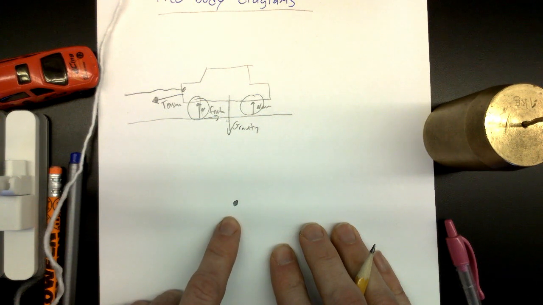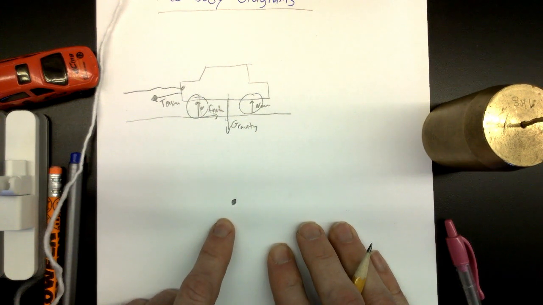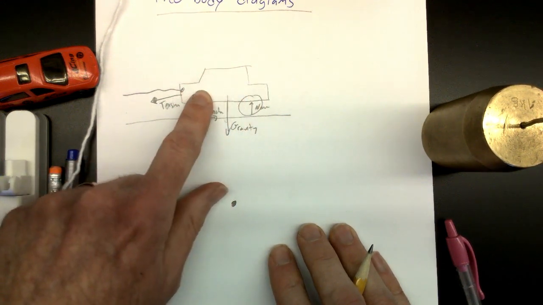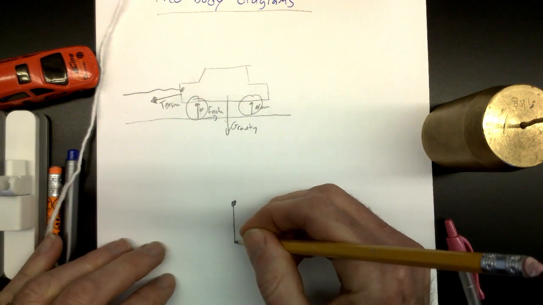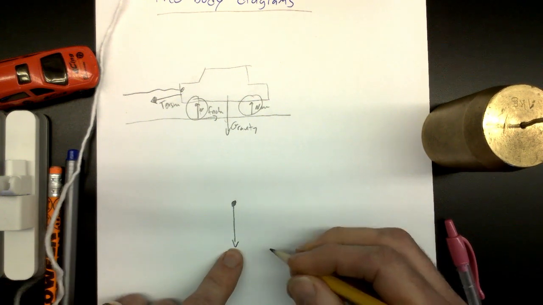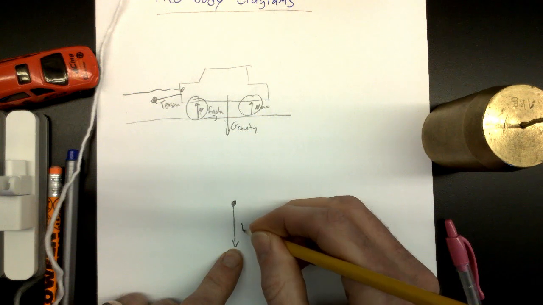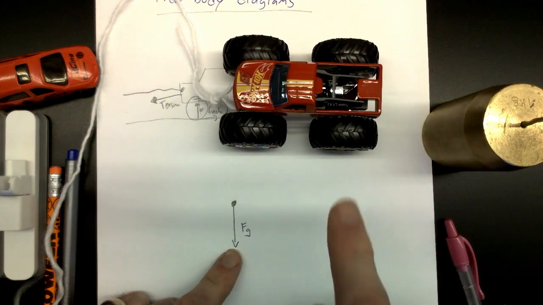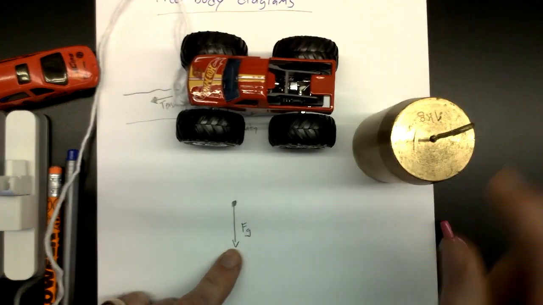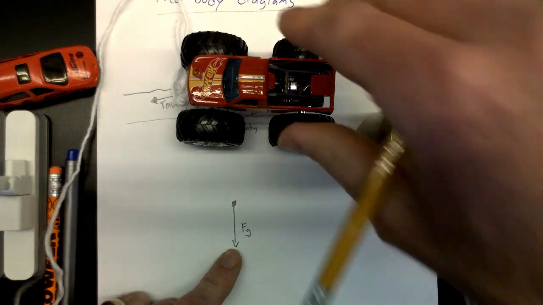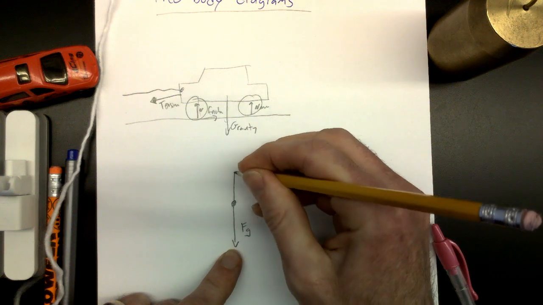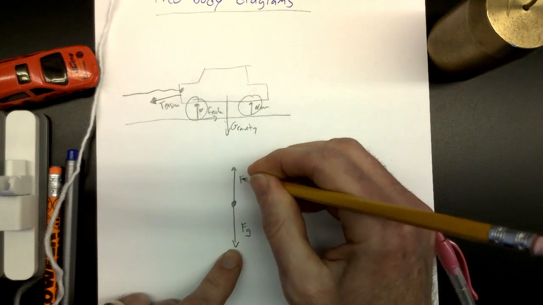I also want to draw the forces coming out from the dot instead of going into the dot. So up here I've got gravity, and rather than trying to figure out where it's actually acting on the truck, I'm just going to draw it right down there like that, gravity. And I'm going to label this, maybe make it a little neater, Fg for gravity, like that. I also know I have a normal force. Remember, normal force is anytime you've got something resting on a surface, then there's a normal force pushing up from the surface. So I'm going to have this coming up like this, and I'm going to label that as Fn